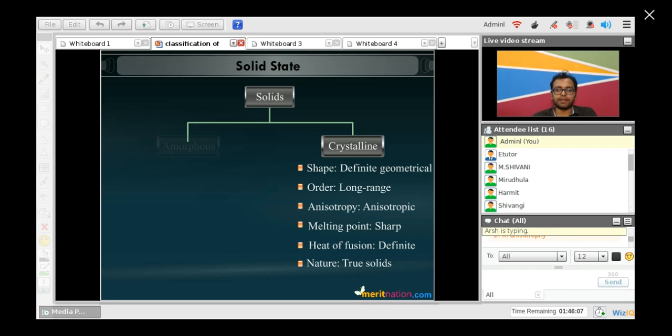The order of crystalline solid is long range, so it is a long range ordered solid. You will observe a particular pattern of molecules over a long range inside the crystalline solid. Crystalline solid is anisotropic in nature, and